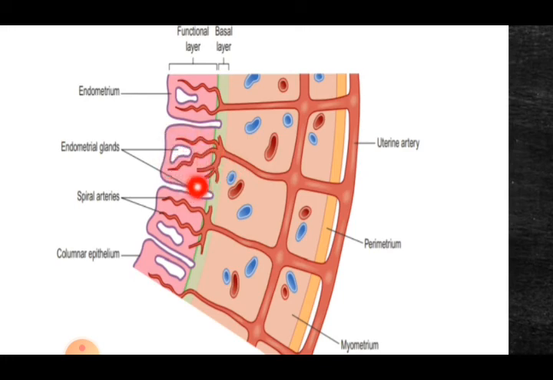So this is the perimetrium that we discussed, which is basically the peritoneum, and then we discussed the myometrium that we said is composed of the smooth muscle fibers, and those smooth muscle fibers will be interlaced with the areolar tissue and blood vessels, and the myometrium will be supplied by the radial arteries and the arcuate arteries, and after that we have the spiral arteries that will supply the endometrium.